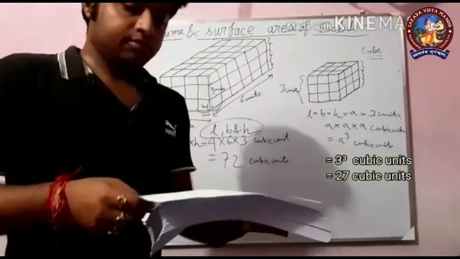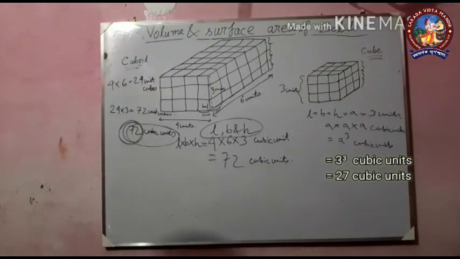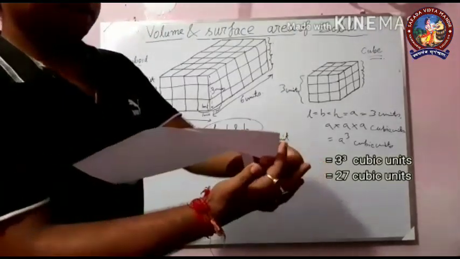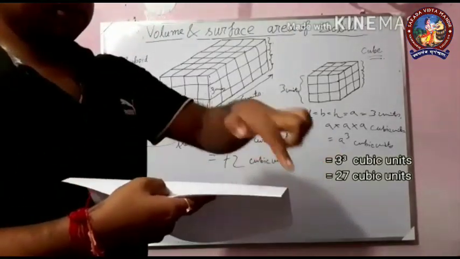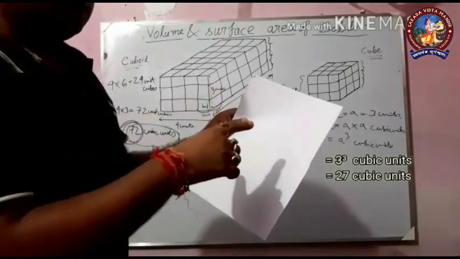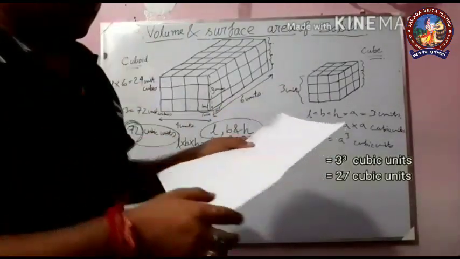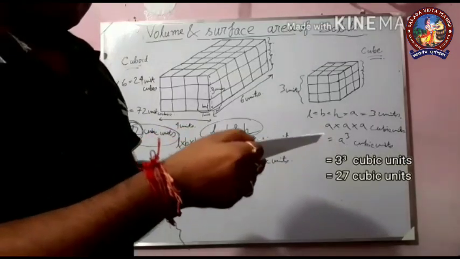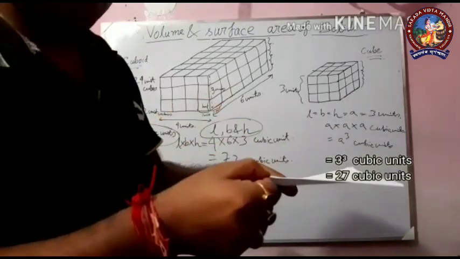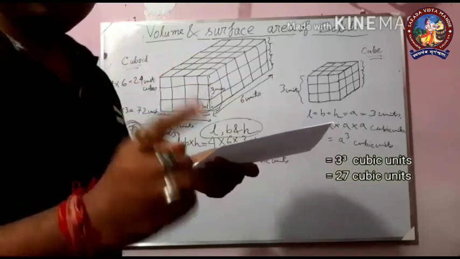If this is the length and this is the breadth, this is the length and this is the breadth of this A4 sheet. So the area of this A4 sheet is length into breadth, l into b, right? And if I consider the height of this page, that is very small, suppose I am considering the height as 1 unit. Okay, and